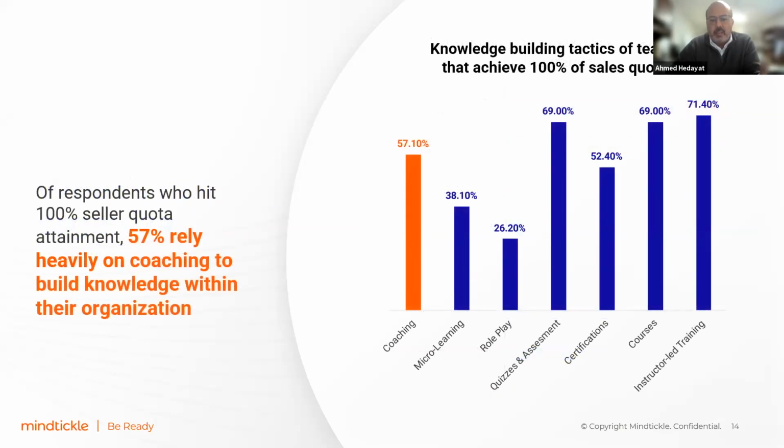Kind of going on, what's knowledge building tactics here. Of the respondents who hit 100% of their sell quota, 57% relied heavily on coaching to build knowledge within their organization. So interestingly enough, with what Mark talked about, the structured, micro learning versus heavy content, K through 12 type of things. And what we're doing here, if you look at it, coaching and micro learning, and then there's also role playing and so on, all the things that are successful